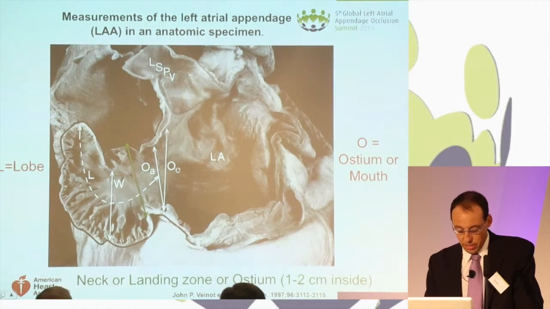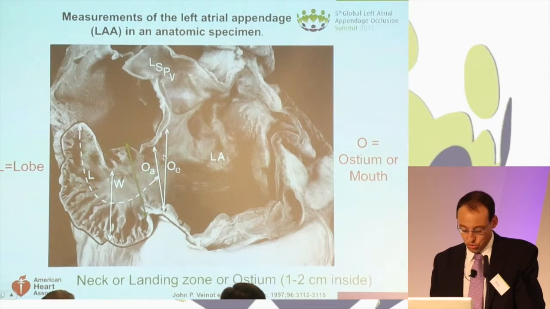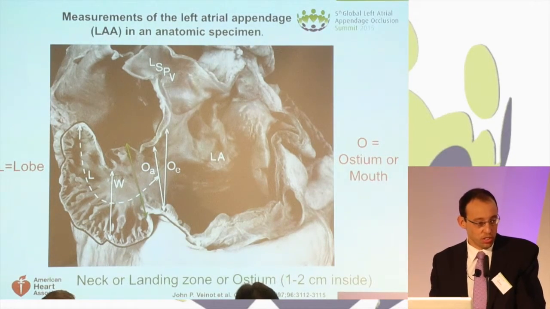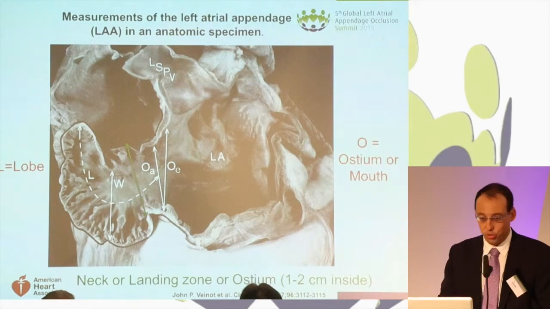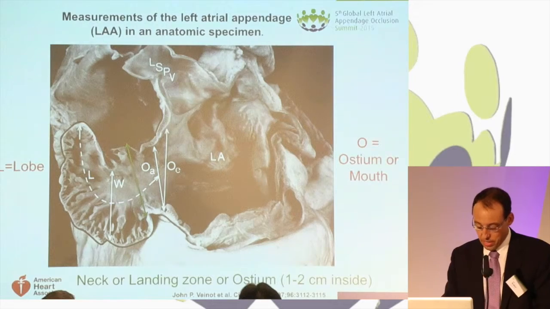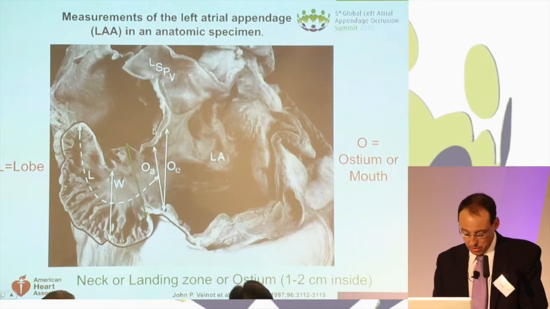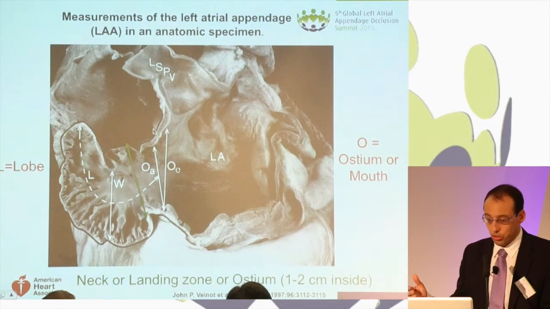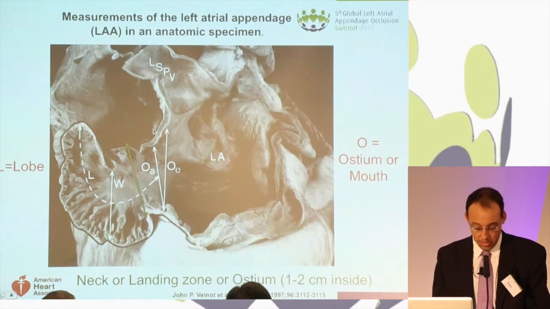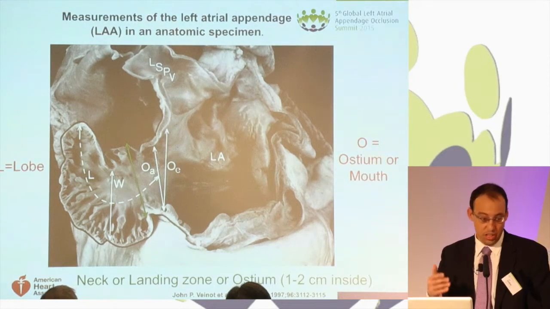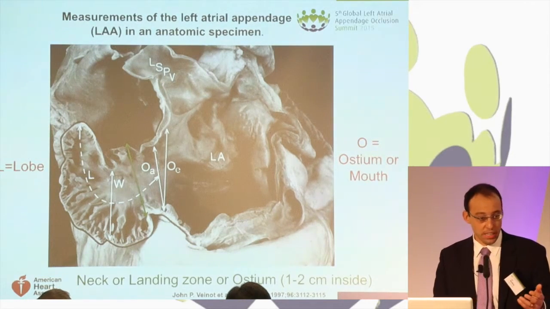So if we have here the ostium, we can also say that it's the mouth of the left appendage or the orifice of the appendage. So the transition between the left atrium and the appendage itself. The neck can be called also the landing zone because it's typically the region where we are going to deploy the device, any kind of device. So the landing zone or even the ostium,